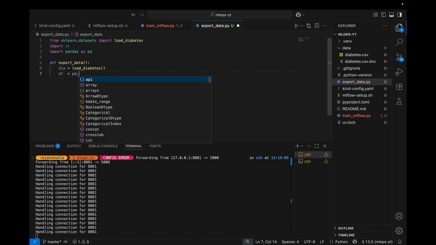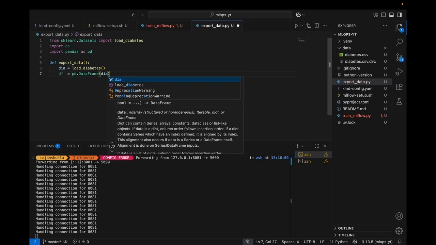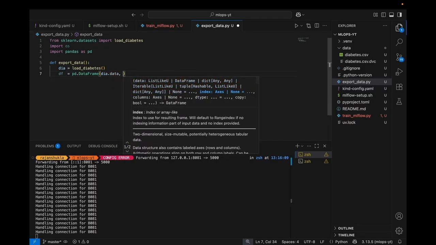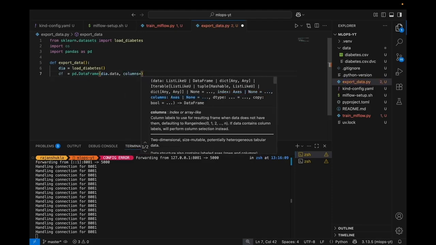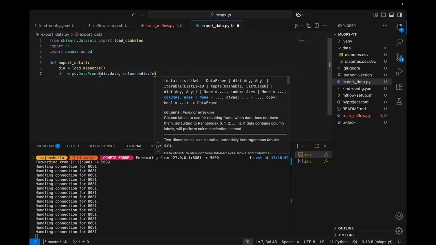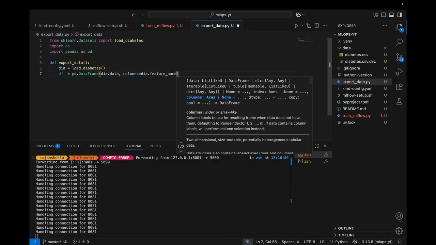So pd dot DataFrame diabetes dot data and columns diabetes dot feature names,